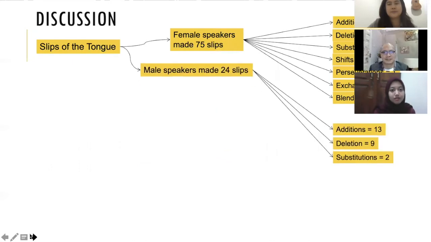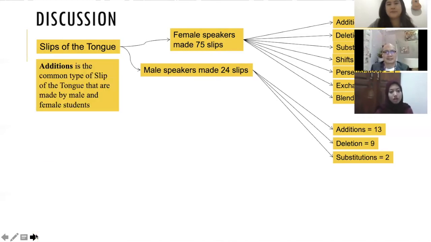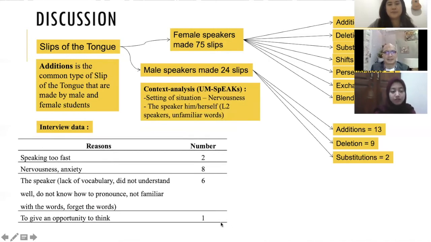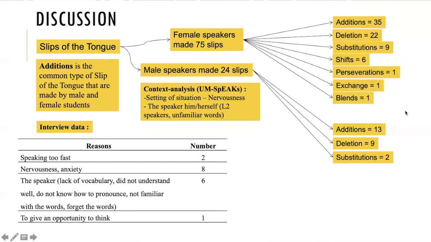Yeah. So there are 75 slips of the tongue that are made by female speakers divided into seven types of slips of the tongue, and then male speakers make 24 slips of the tongue. So there are 3 types of 24 slips of the tongue that are made by male speakers. And the next is, so here additions is the common type of slip of the tongue that are made by male and also female students. And from the context analysis of UM-SpEAKs, there are 3 reasons, as I said before. And then from the interview data,